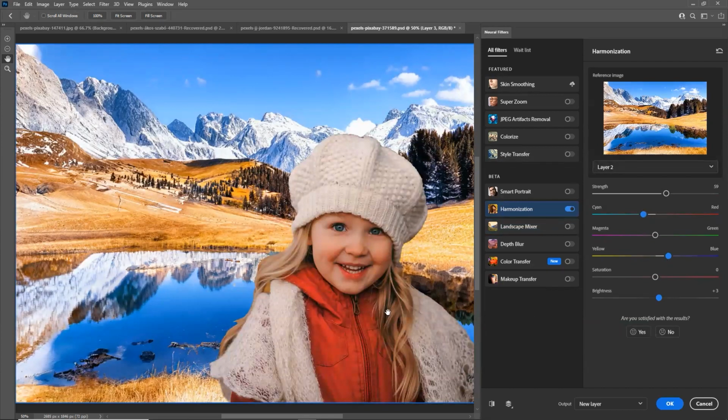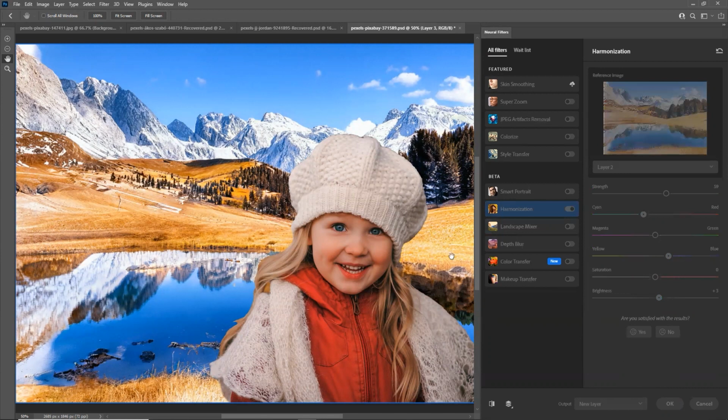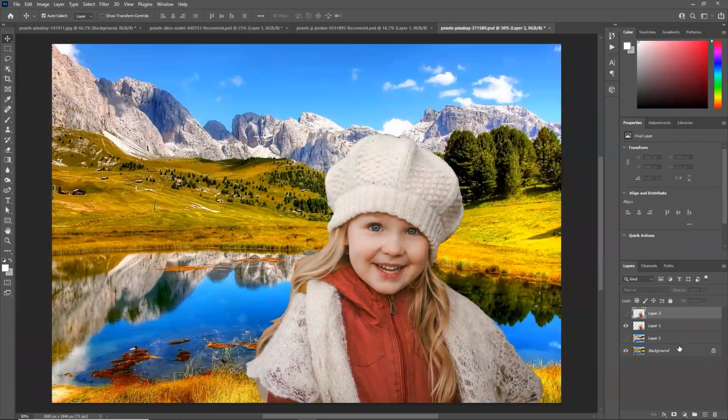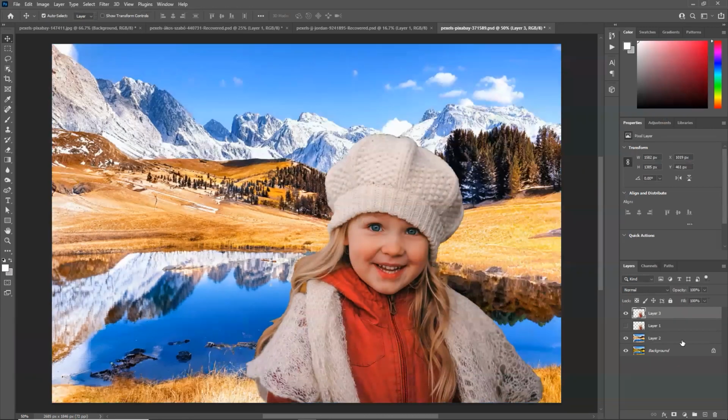So that's the way you can use this thing, and you can make this image much better. I've also seen one thing, that if I add this image in the background and then try to do the landscape filter and harmonize character, harmonize object, it gives you a much better effect. Okay, so that's all in front of you. You have this particular image, you have this background, so it has been converted from this image to now this image.